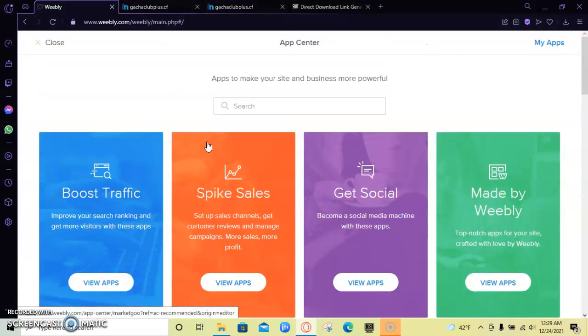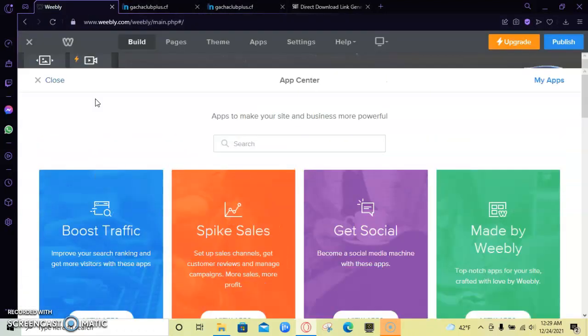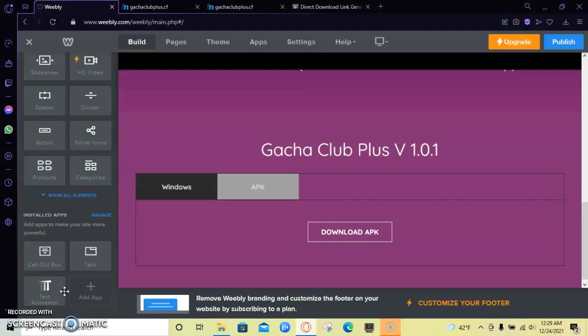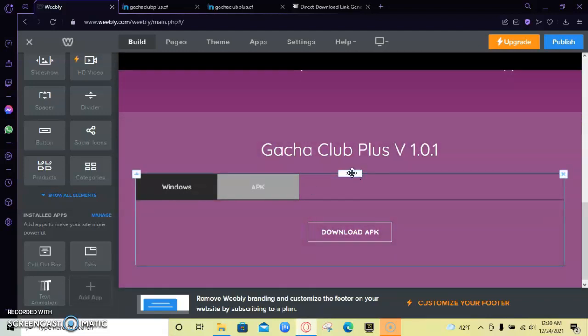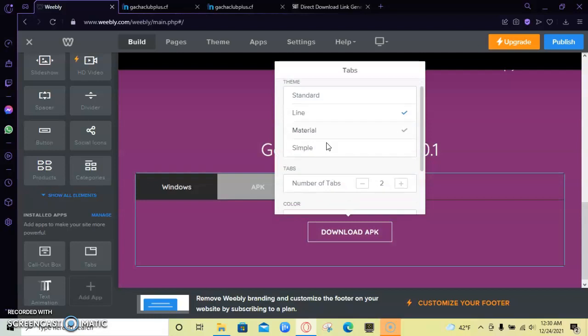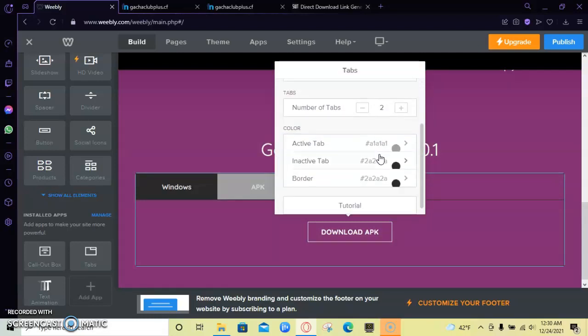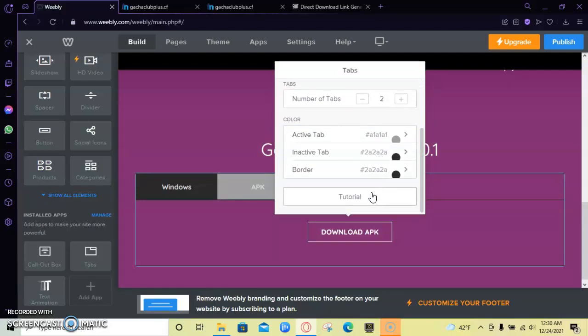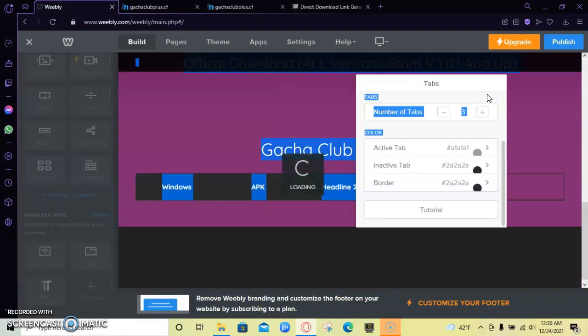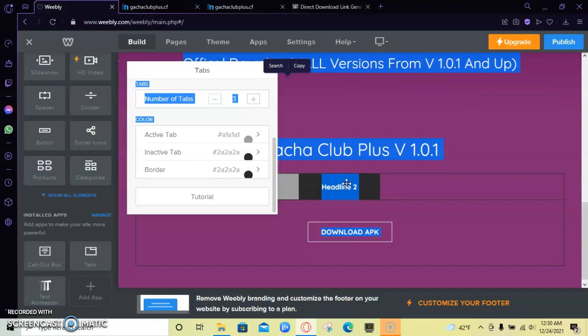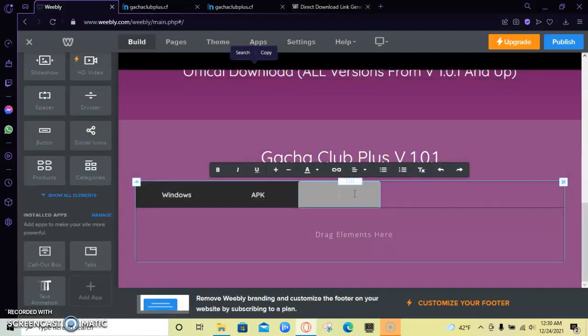And then you'll close. You scroll down, you'll put it in, and then you'll get some customization options. Like, let me show you. Just double click here. You will find a number of tabs and all these colors. And you can add more tabs if you like. Like this, I could say, oh, headline 2, what is that? I could just add like